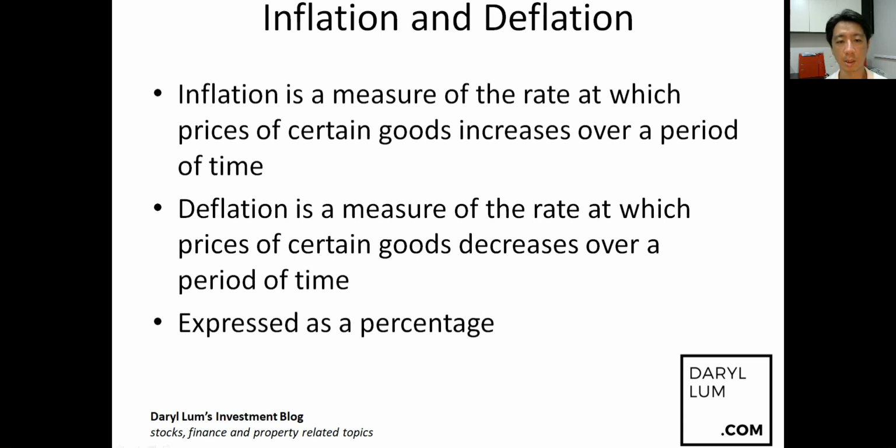The converse is also true. Housing prices may fall, let's say 4% a year over maybe 5 years. So every year it falls 4%, 4%, 4%, 4%. The prices of housing go down, and that's considered deflation in the housing market.